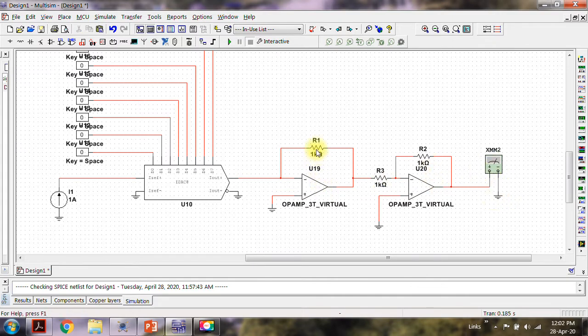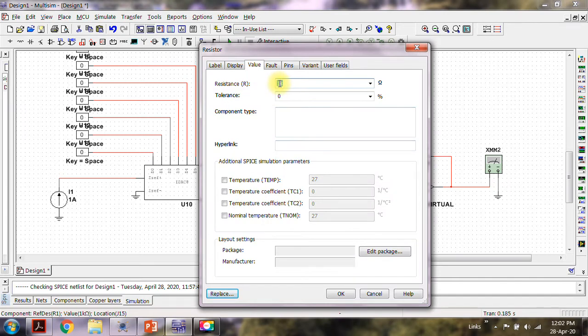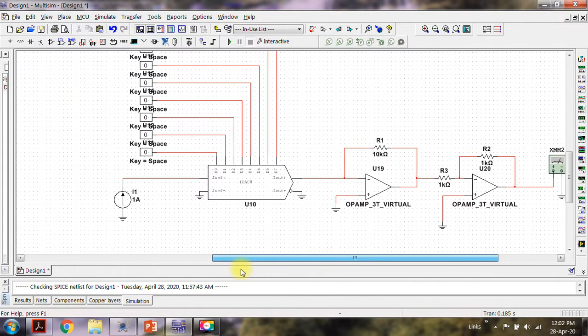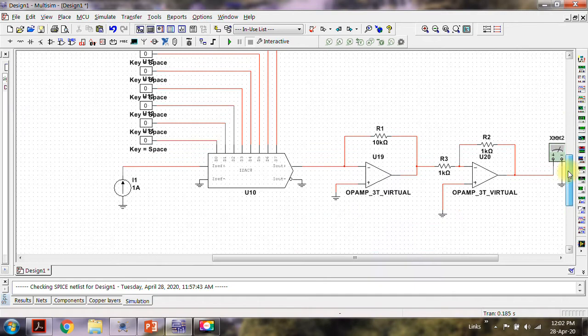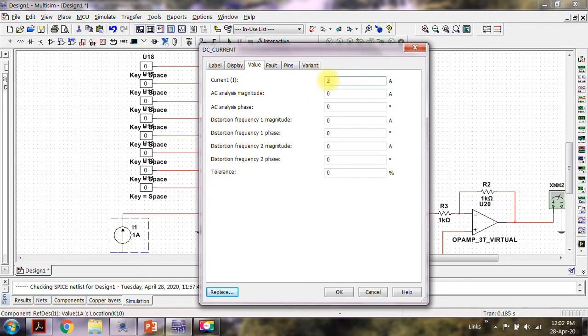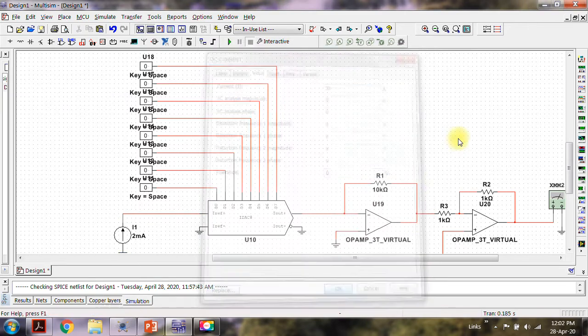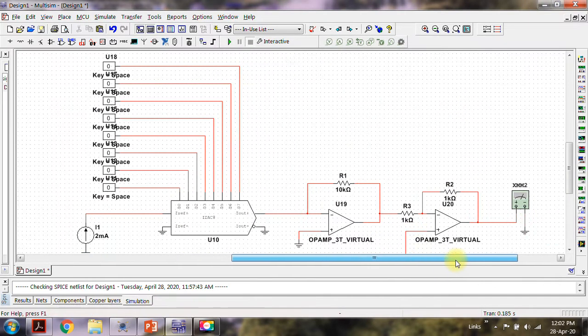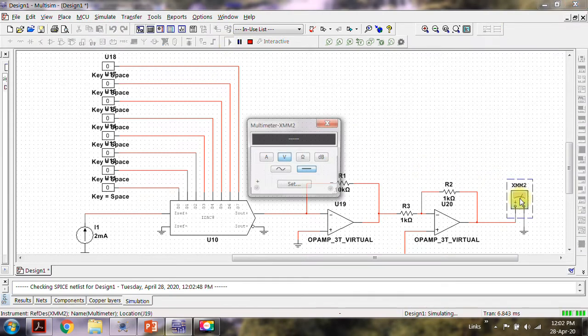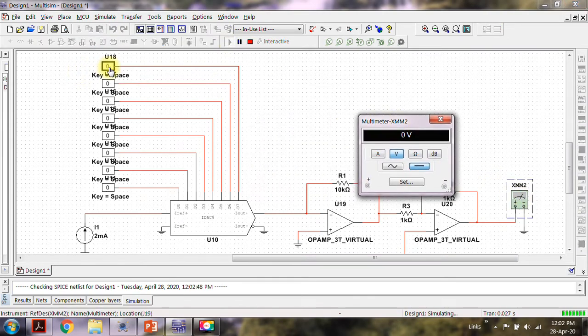Alright, now the value of this should be 5K. Sorry, it depends on the internal combination. This you have to set to, let us say, 2 milliamperes. So we are all set now. Let us see what is this voltage here.